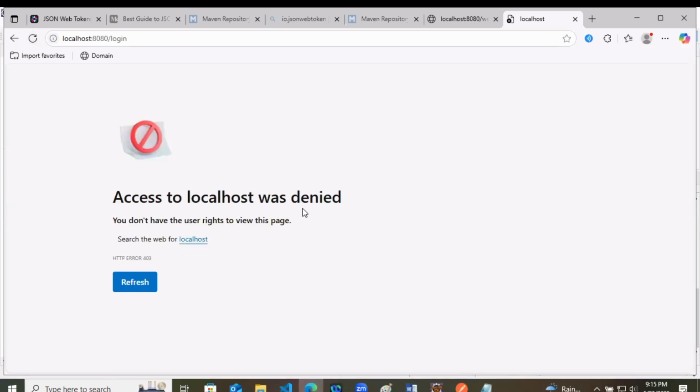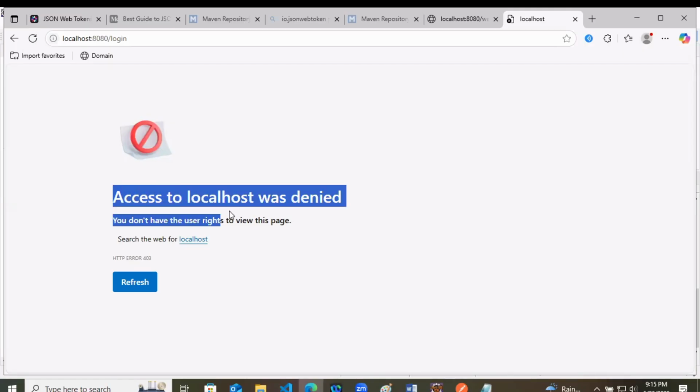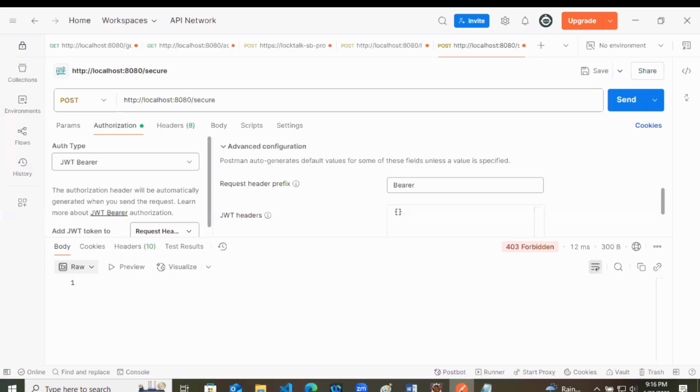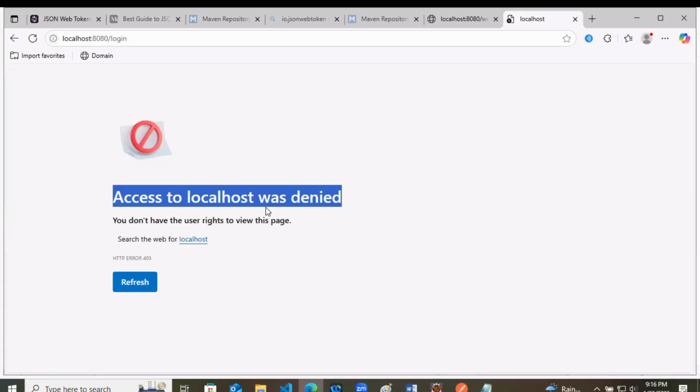Now, if we check the /login page, it is telling that access to localhost was denied. Means you have protected your page against CSRF, cross-site request forgery. Your Postman is working like your front end. Means in React, Angular, wherever you are writing your front end, it is working like that. But here it's not allowing it in the browser because you have disabled CSRF. It will not work like this directly. As with Postman, you will send the request from the front end. So /login is blocked for the browser.